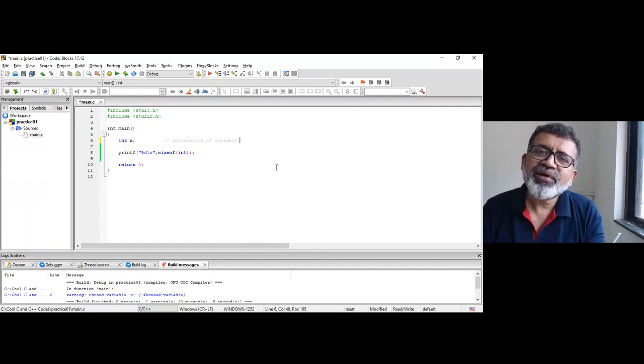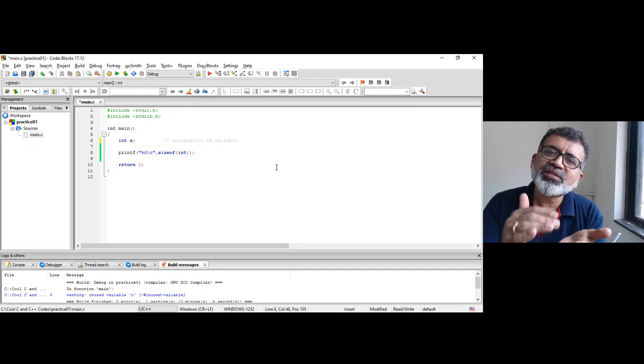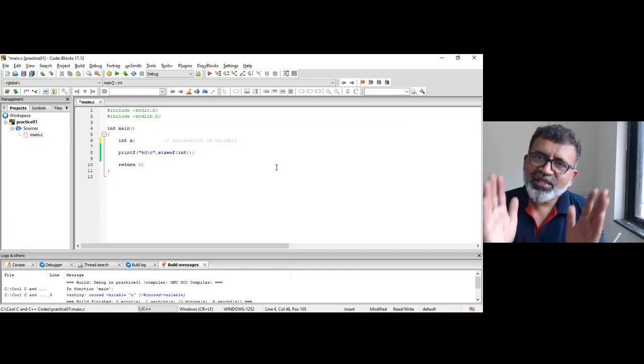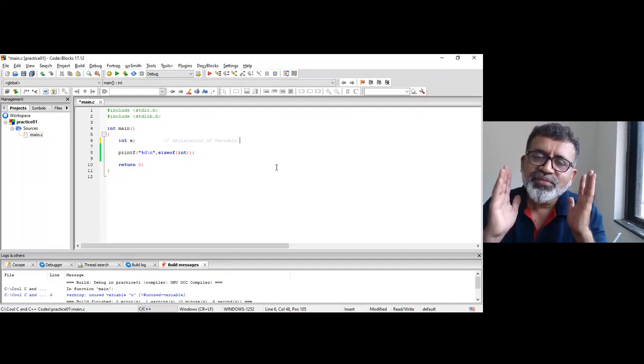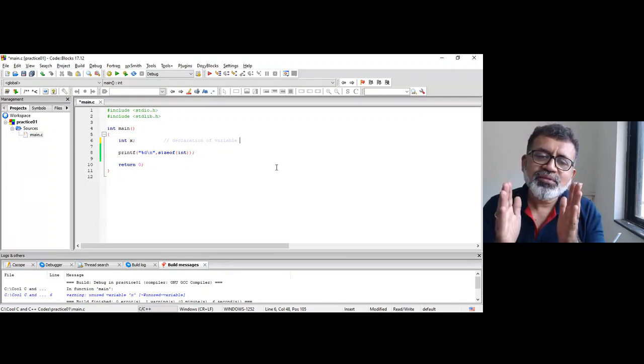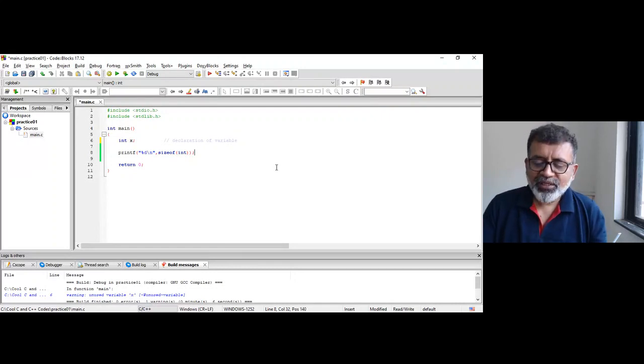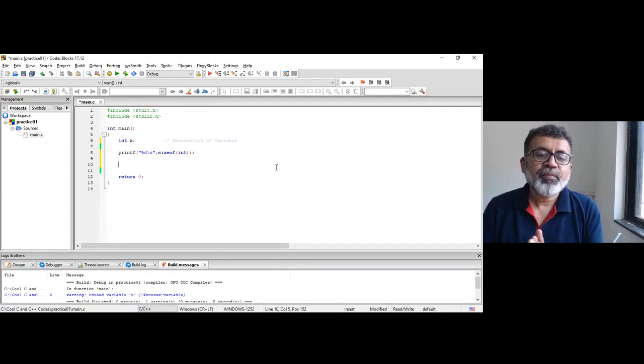At the right time, I will tell you this variable is given memory on the heap, or this variable is given memory on the global or static area. Till that moment, just try to remember, recall that memory will be given from the stack region, as I told you yesterday.